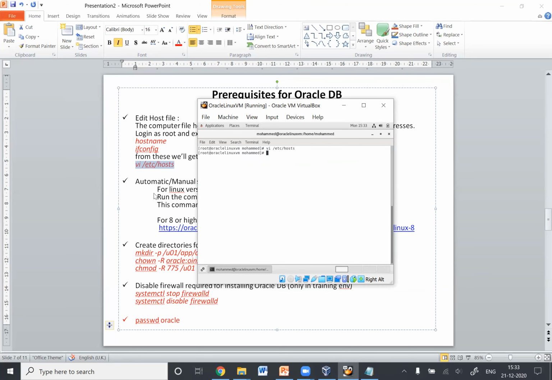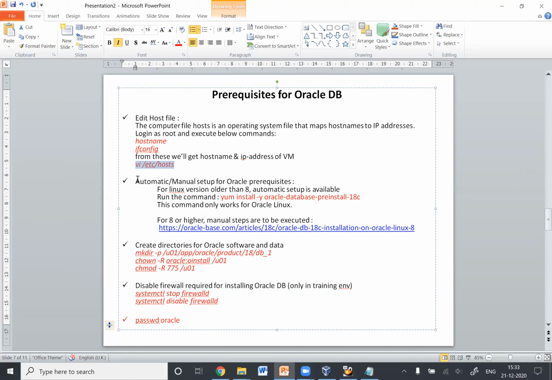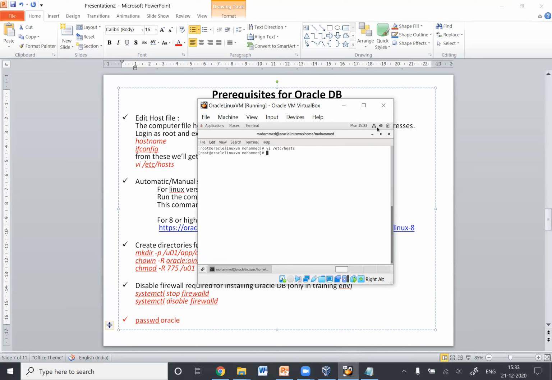Now the next step is the Oracle prerequisite installation. We need to run this command: yum install -y oracle-database-preinstall. The prerequisite for running this command is that our VM is connected to the internet. If I click on this one, it's wired connected, which means it's connected to the internet.